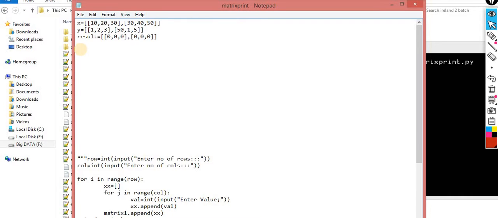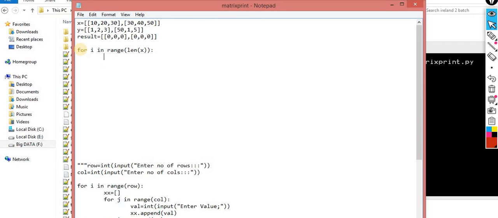So I am making again the same for i in range of len of this x. Okay, len of this x. Now for j in range of, you can say j in range of this. For this point of time, you are not supposed to use i, because you are supposed to go for the range of this. Always the values are same. You can take even this one or this one, because the values are same in both cases.